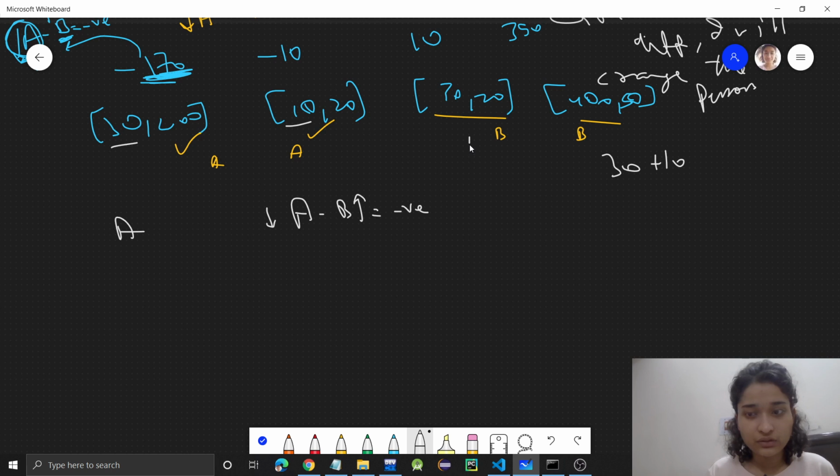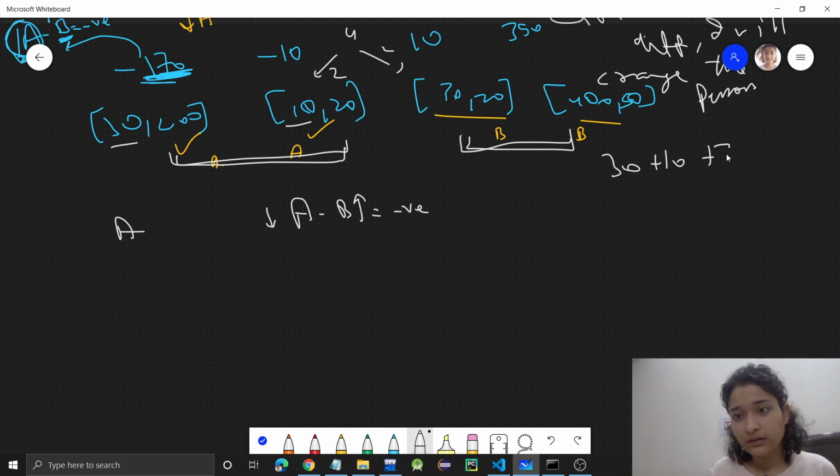For the next we have to obviously take B, because these we have taken A, so we cannot take A now, because we need to equally divide, right? 2 and 2. There are 4 persons, so we need to equally divide. So if for these we have taken A, for these we have to take B. So B is 20 and 50. So this is giving us 1110, which is the optimal answer.